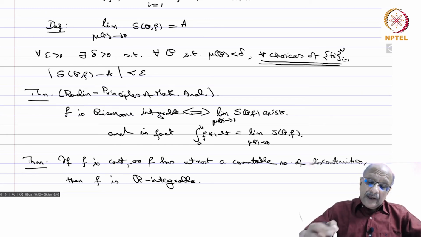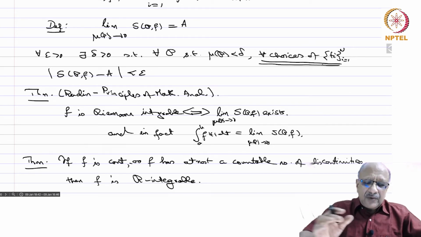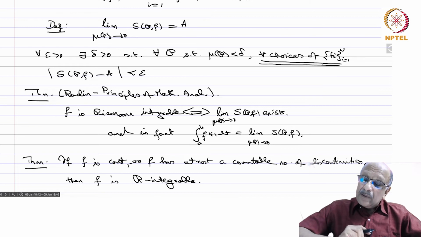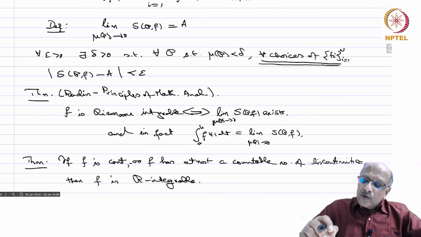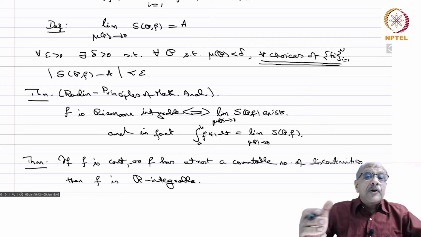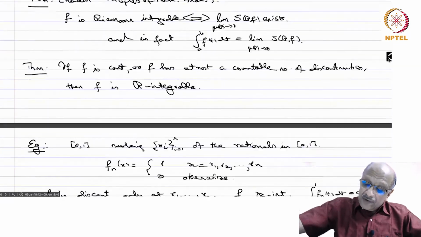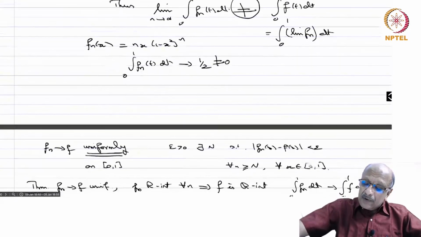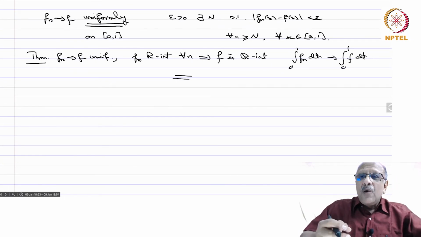This is what is happening in the case of the function which is 1 if rational, 0 if irrational. If you change a point from rational to irrational, S_P F will collapse. Okay, so that is why that function was failing to be Riemann integrable. So we have that small close-by values should still be close by. But that is what continuity is, right? So some amount of continuity is enforced. Of course, we can excuse a small number of discontinuities, as was mentioned in that theorem, which says how much we can excuse.